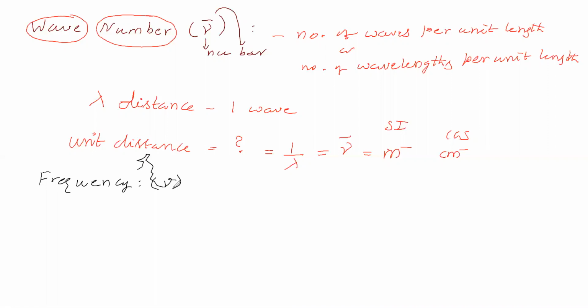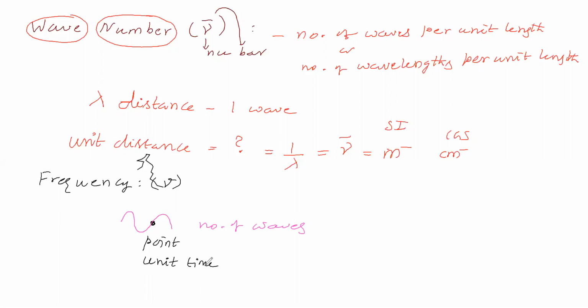So how do we define frequency? We have to take a point. We will consider unit time. Now the unit time we considered, a wave is passing through this point. How many waves pass through this point per unit time? That is called frequency. So the number of waves passing a given point per unit time is called a frequency.